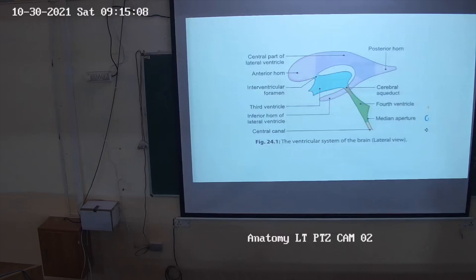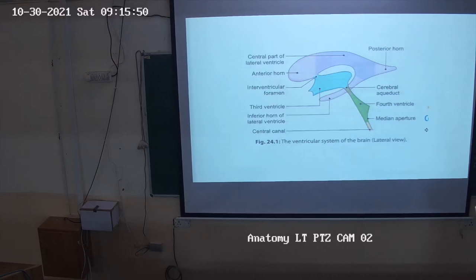So, the diencephalon includes thalamus, epithalamus, metathalamus. The metathalamus is the part which includes lateral and medial geniculate bodies. Epithalamus is the part which includes the pineal gland. These are the parts present just above the hypothalamic sulcus. I hope you remember the hypothalamic sulcus. While teaching you the medial surface of the cerebral hemisphere, we have seen that.